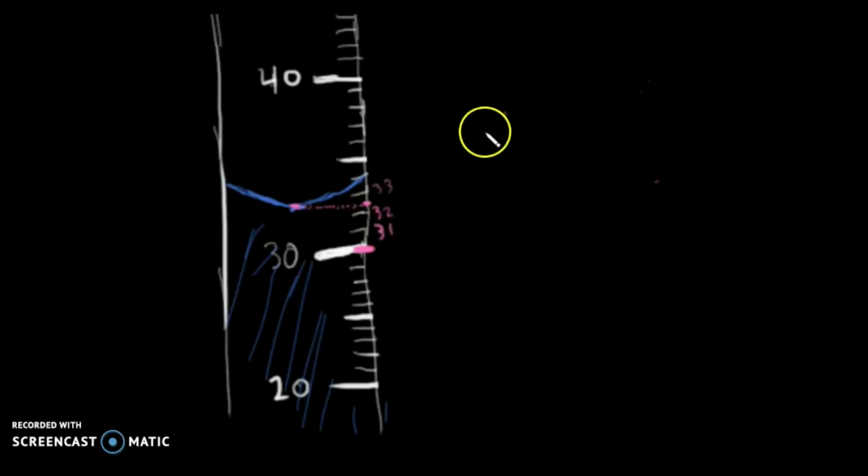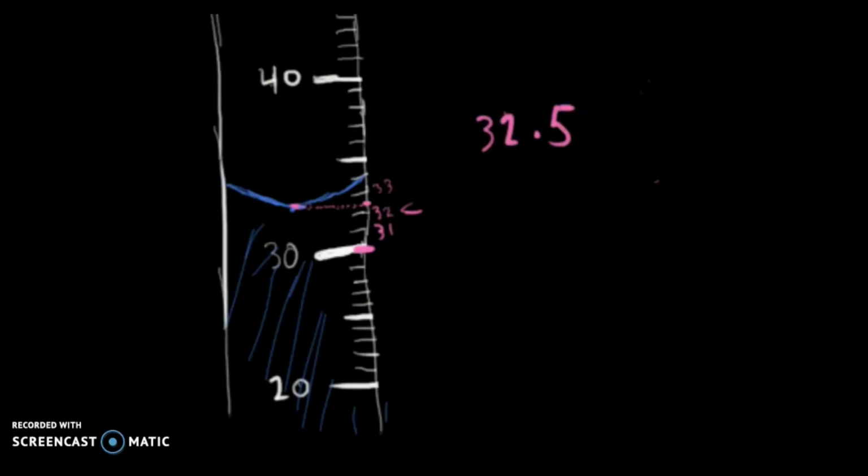Okay, so we know this measurement, it's at least going to be 32, and it's a bit more, and it seems to be falling in between 32 and 33. So here's where our uncertainty comes, right? Here's where we need to make a judgment call. Hey, this seems to be maybe in the middle of 32 and 33, so I'm going to put it at 0.5,